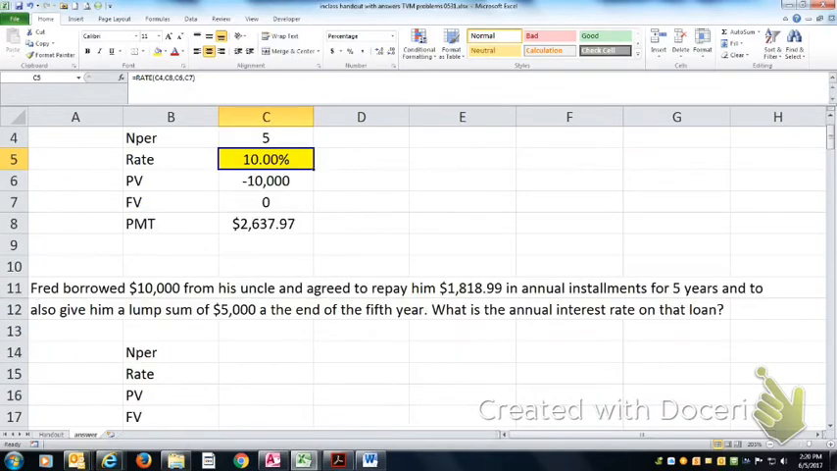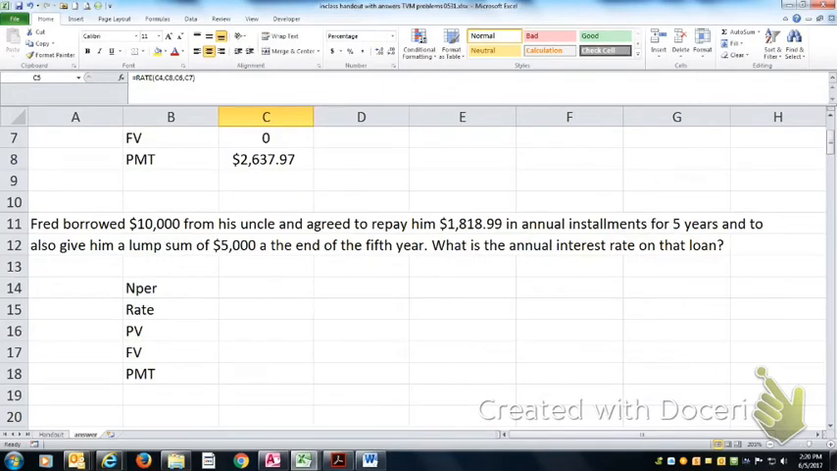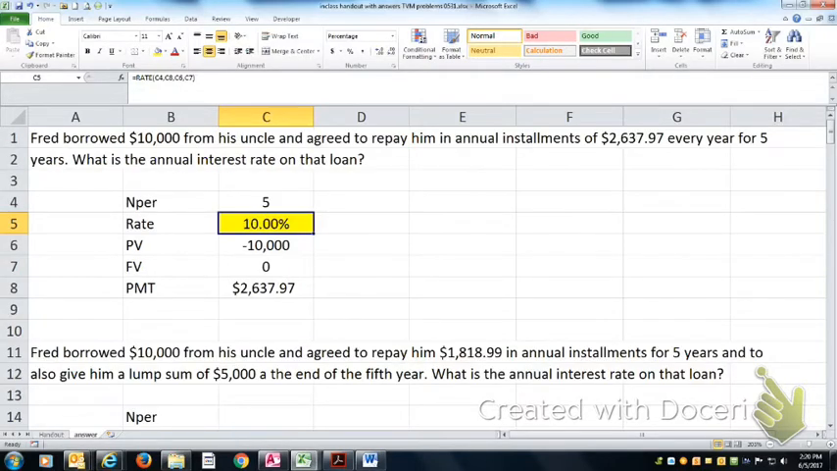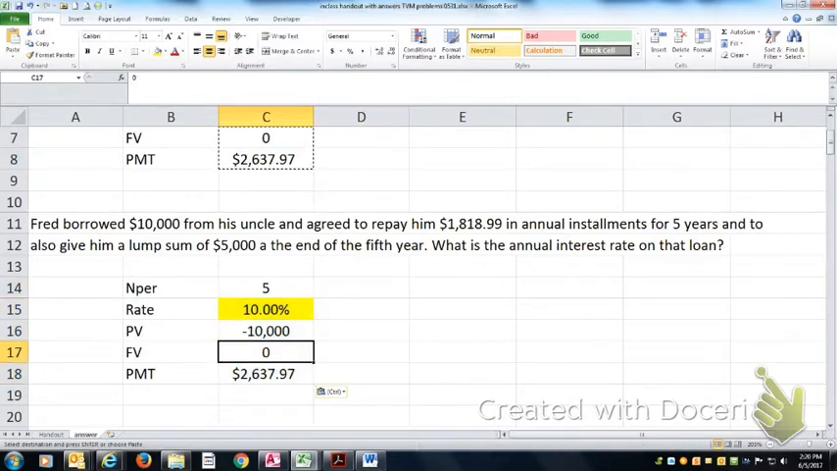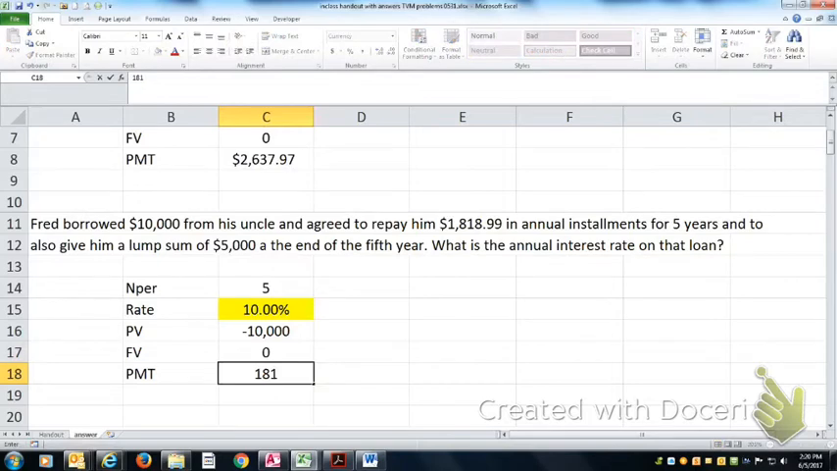Now, the second version of this: Fred borrowed $10,000 from his uncle and paid him $1,899 in annual installments plus a lump sum at the end of the 5 years. It's the same problem, but the payments are a little different. So all I have to do now, if Fred made 5 payments of $1,899 and then a lump sum payment of $5,000 at the end,